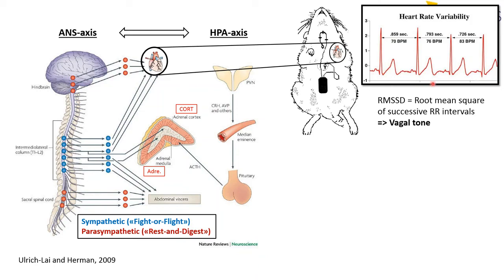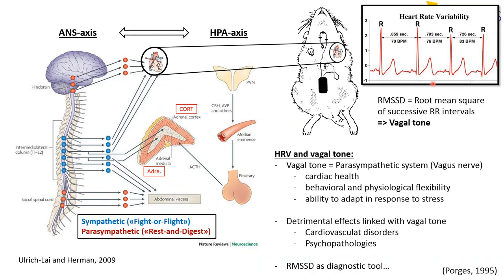And due to the electric signals of the heart, we are able to determine live the heart rate of the animals during basal conditions, but also during behavioral experiments. So what we do to analyze those behaviors is that we use specific software to determine all the spikes of the heart rate, and by calculating the interval between two successive